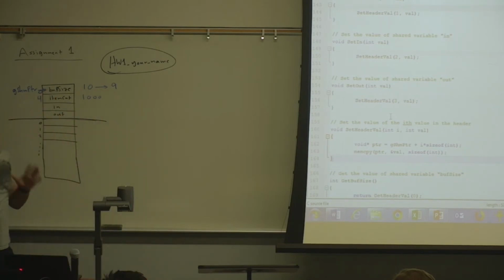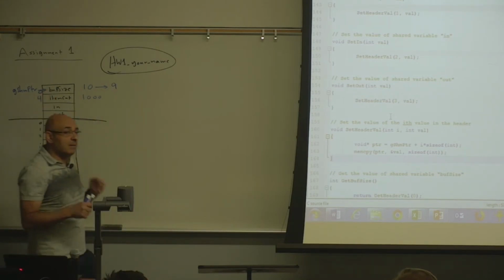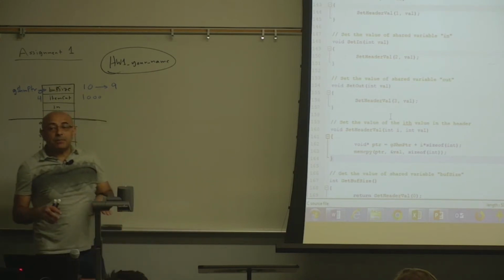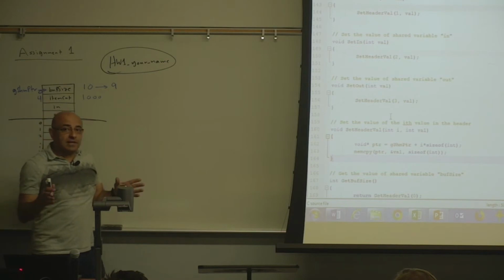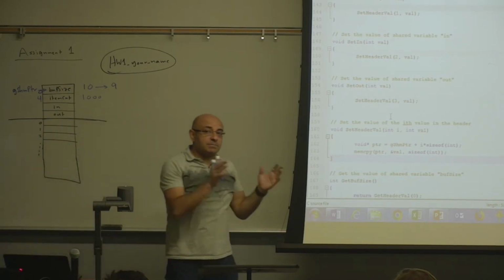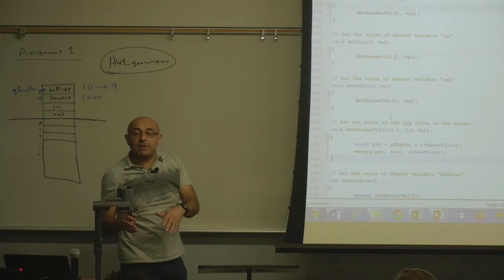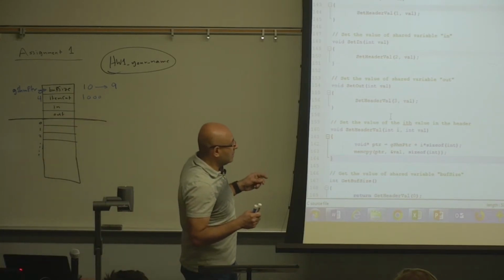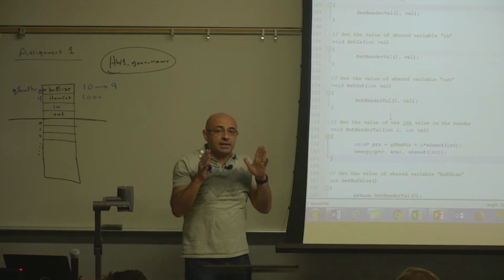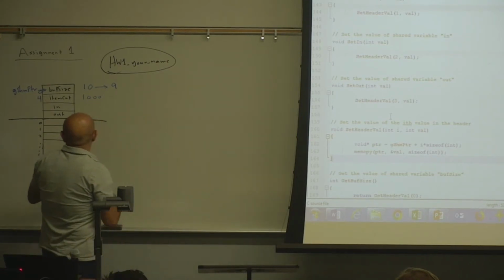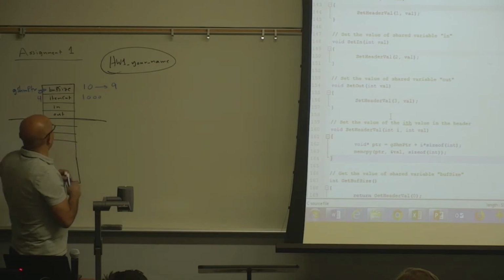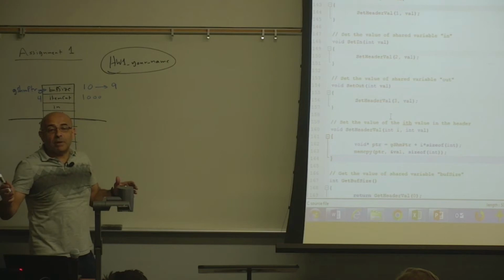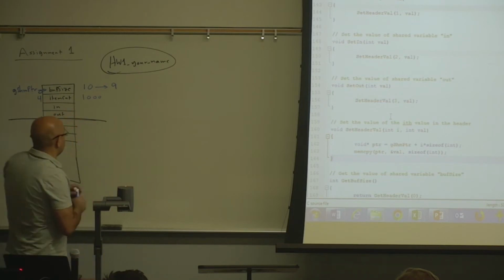Now the key idea in this assignment is to always remember to write things to the shared memory buffer, because if the producer modifies a certain variable in its own address space and doesn't write it to the shared memory buffer, the consumer will not know about this. And I will give you an example in a minute. So always keep in mind that anything that you don't write to the shared memory buffer, the other process will not know about it. These are two processes communicating through shared memory.